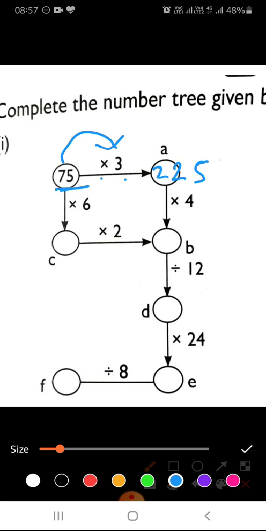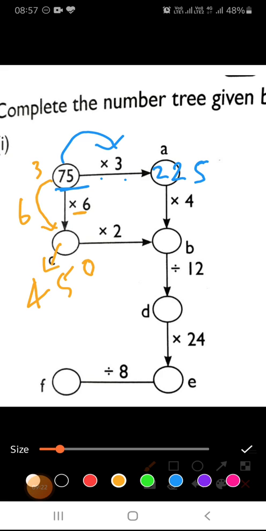Now this side, yellow color I'll take. Now 75 multiply by 6. Whatever answer we get. So now 0 carry 3, 6 7s are 42, 43, 44, 45, 450. So what will come in place of C? 450. Now 450 multiply by 2. What will we get? We will get 900. Similarly, 225 multiplied by 4. What is the answer? 900. So only one time we will write 900.